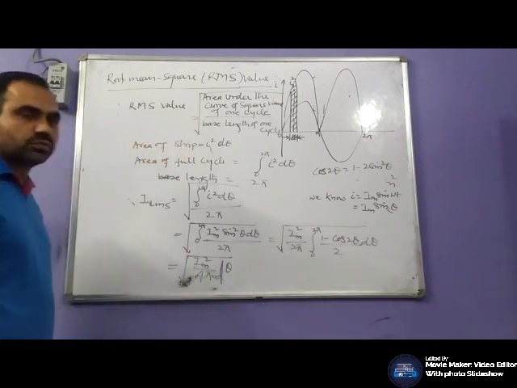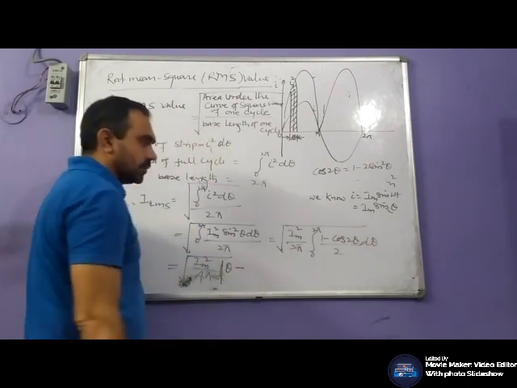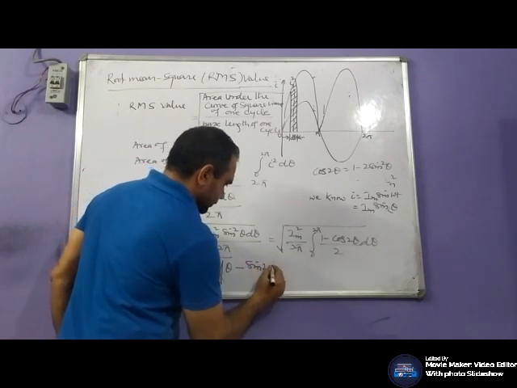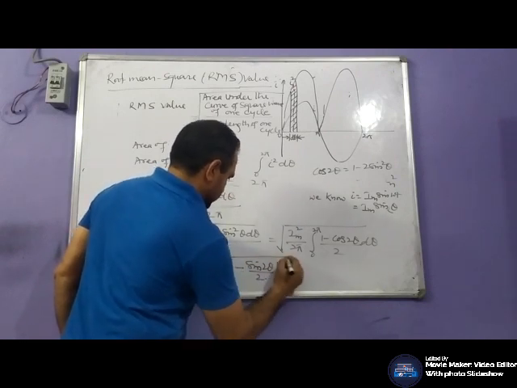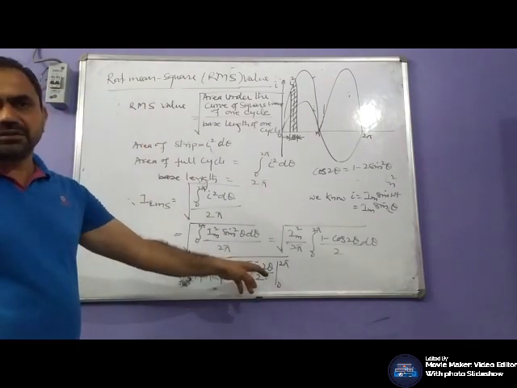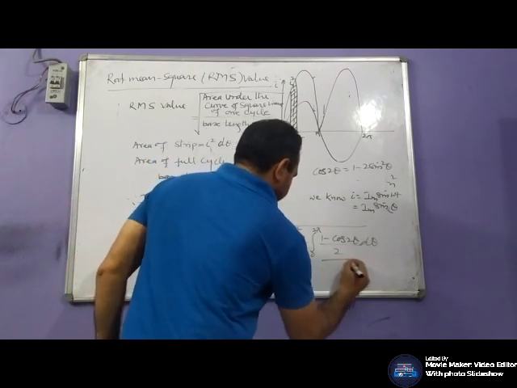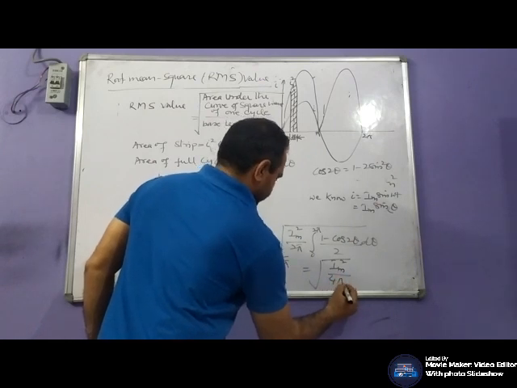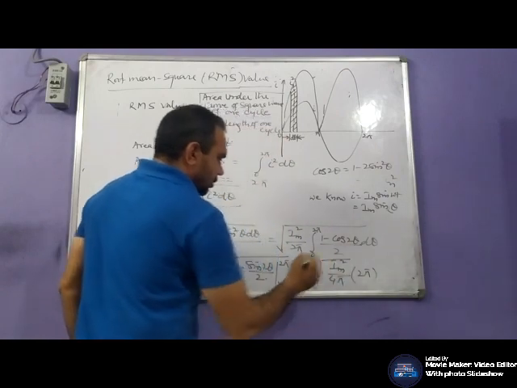Integration of cos 2 theta is sin 2 theta by 2, from 0 to 2 pi. Sin 2 pi is 0, sin 0 is 0. So it means this would be Im square by 4 pi into 2 pi, or